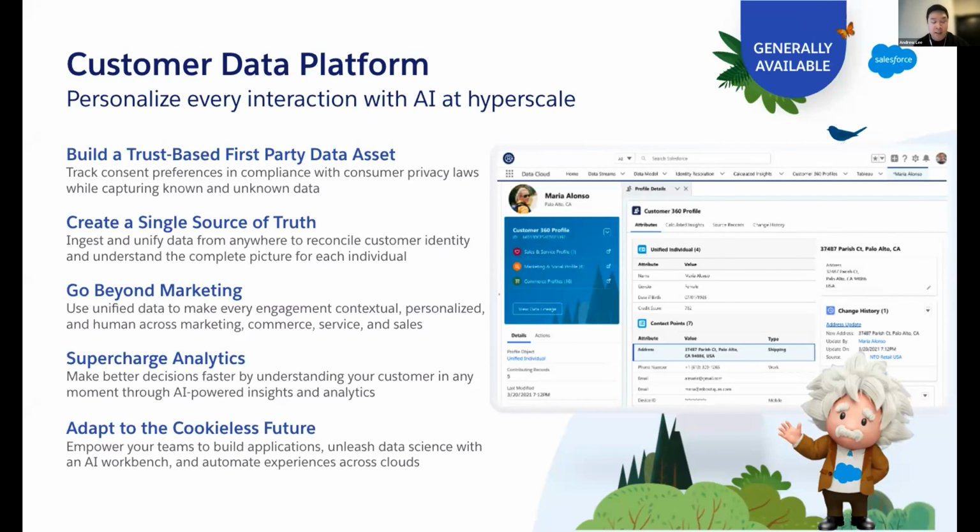You can also supercharge your analytics. We like to say that you can use Einstein or our artificial intelligence or calculated insights to build metrics to help you better understand your customer. So this could include customer lifetime value or propensity to churn. And this really helps you to build out more robust audience segments and really know your customers that much better. And I alluded to this a little bit earlier in our presentation, but really the CDP helps you set the stage and build a foundation for your first-party data strategy, and really preparing for that cookieless future, with third-party cookies going away. CDP really helps you to supercharge your marketing and go beyond marketing without having to depend on third-party cookies.